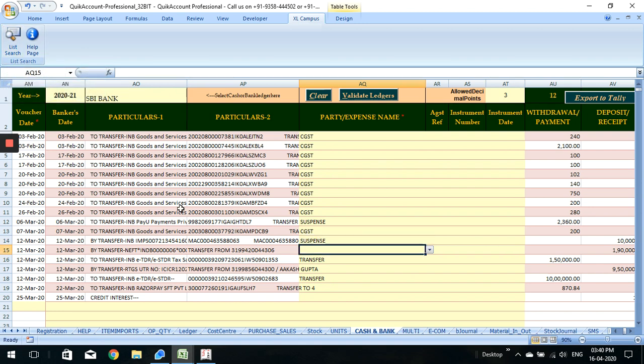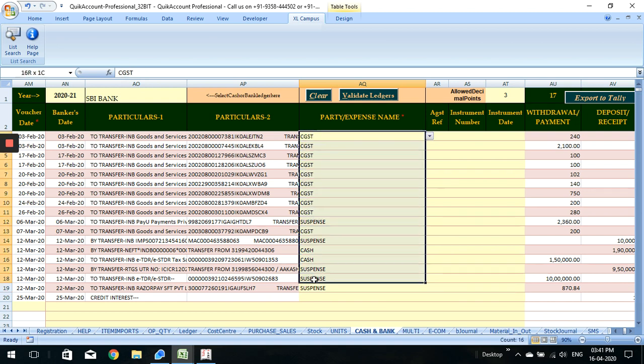Then suppose this is a cash entry. For example, suppose this is a cash entry, so I will type cash here, because this entry will now go to the contra automatically. We don't need to identify here that this should be going to the contra. When we have selected cash, this entry will go into the contra. I again select cash, and for the remaining entries, I am making these entries in the suspense ledger. So this way I have defined the ledger for each entry. If you have this data in Excel also, you can copy paste.